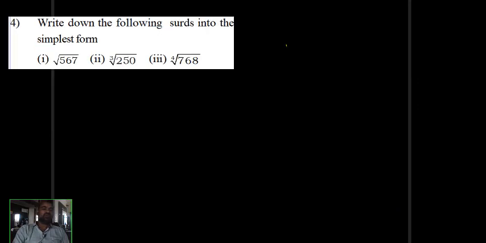Okay. Write down the following surds into simplest form. Actually they are given in pure surd, you can convert them into mixed surd, that is the meaning of the problem. Root over 576. Okay, inside you want to write 576 as a into b form, so that a is some rational power 2, because it is of order 2.